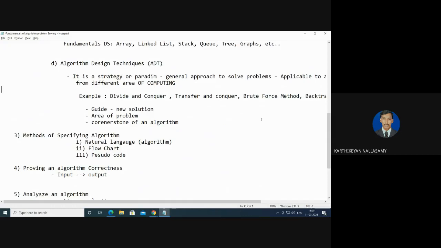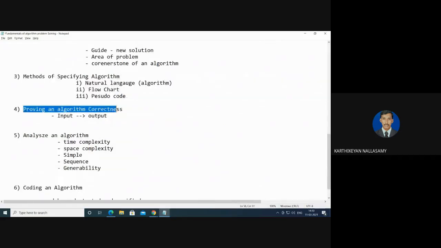Once all the parameters are analyzed and you know the methodology for implementation, then we are going to construct an algorithm, so we identify the best way of defining an algorithm. Either we do it in natural language, or with a diagrammatic representation in terms of a flowchart, or with the help of programming-like instructions called pseudocode. So now the algorithm is done. After that, you are going to prove that the algorithm is correct. For that, you give proper input, record your output, and find the difference between your expected and the actual output. If the expected output is equal to the actual output, then we can say that the algorithm worked correctly.